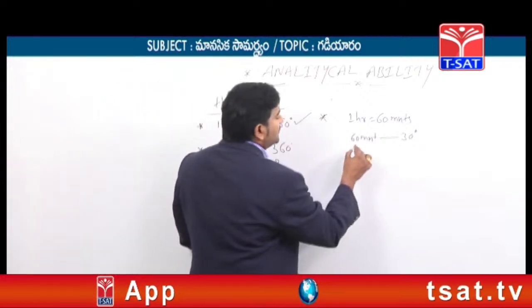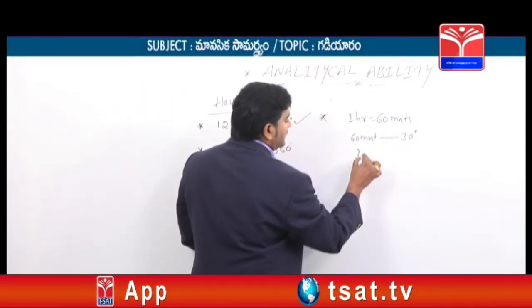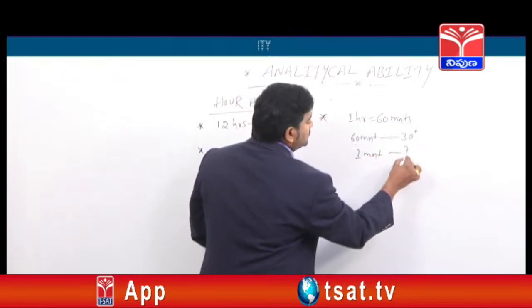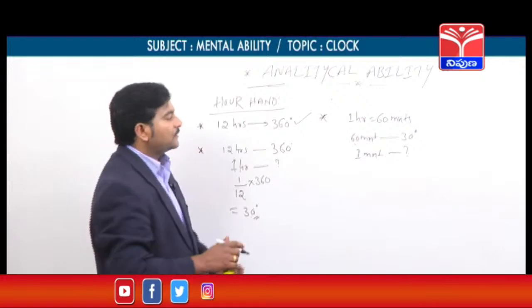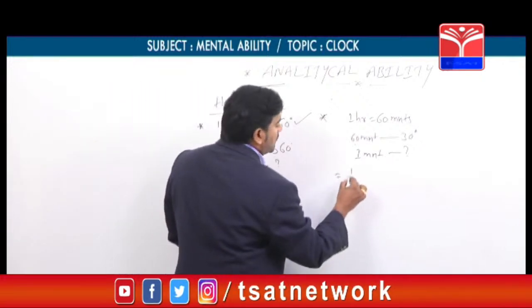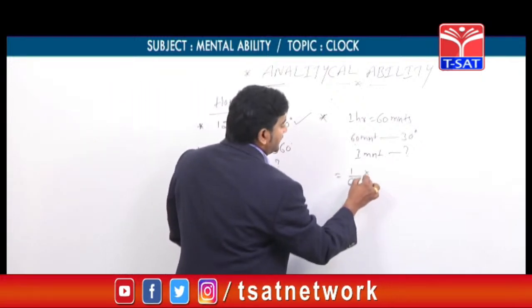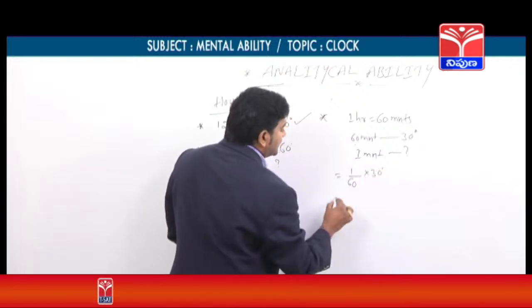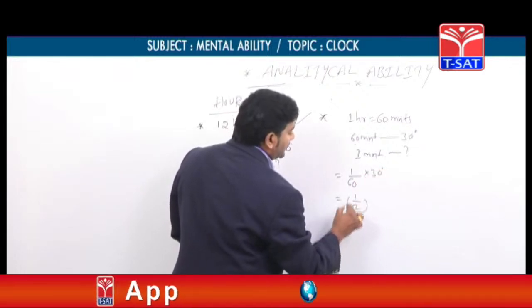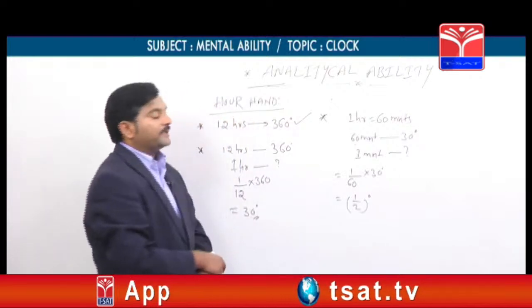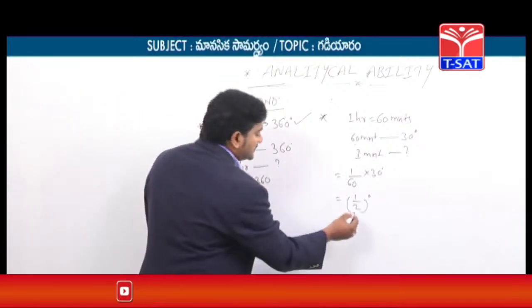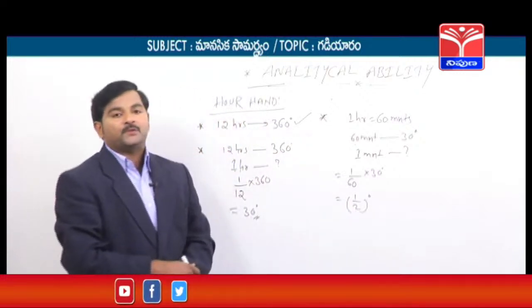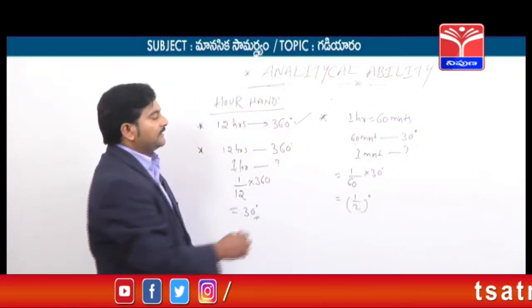If 60 minutes is 30 degrees, then 1 minute is how much? Again a small mathematical calculation, you need not worry. 1 by 60 into 30 degrees equals half a degree. So what can we conclude, my dear students? The hour's hand traces 1 by 2 degree, or half a degree, in the span of